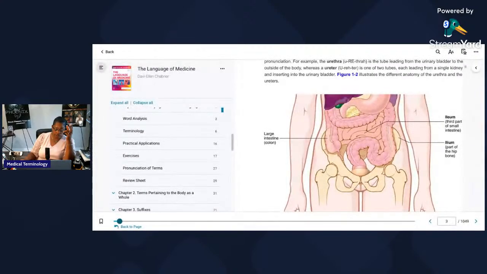So right here, I'm not going to go over urethra and ureter. I want you guys to go ahead and read chapter 1. But I'm just going to show you this illustration real quick because I want to show you what I mean when I say make sure you take heed to the illustrations. That's because in your AAPC exam or even on your CPC, they may ask you questions about that. Where is this or where is that? I think it is pertinent for you to know the illustrations. Do not forget in your CPT book, you need to know those illustrations.